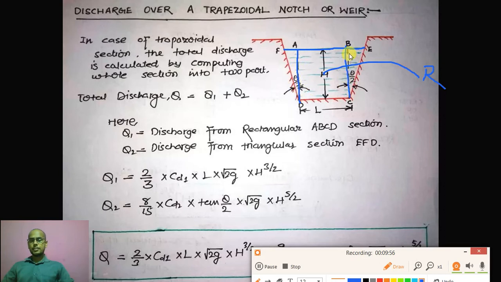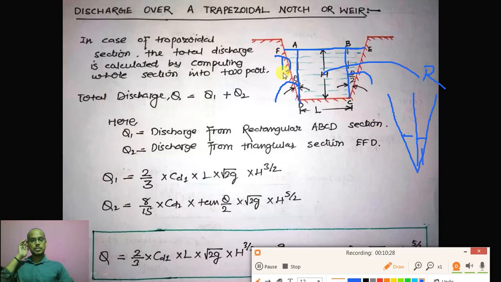Okay, it will be a rectangle, and as you will see, the angles BCE and ADF will be equal. Let the angle be theta, then you can write that this angle will be theta by 2 and this angle will be theta by 2. So here we have one more triangular section like this, and we can divide it. This is my theta by 2 and this is my theta by 2, and the total height is h. I have just combined both of these sections.